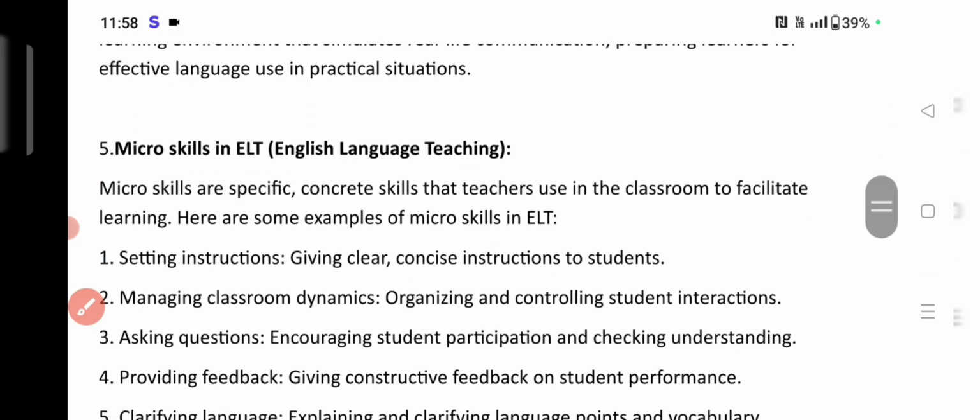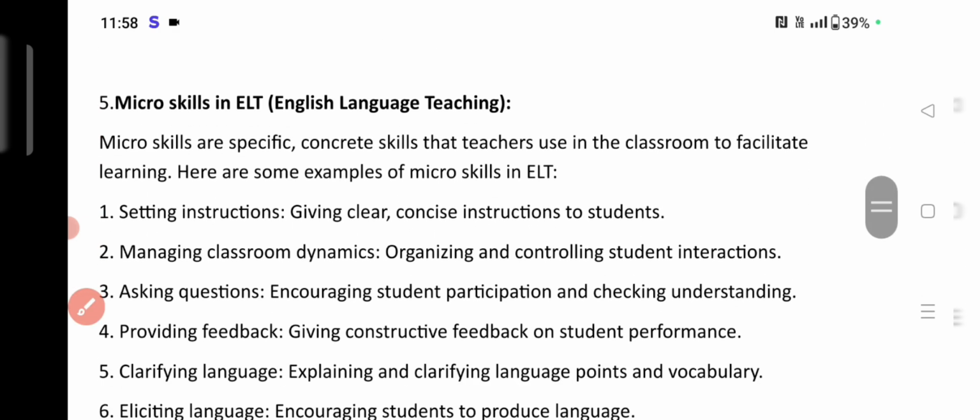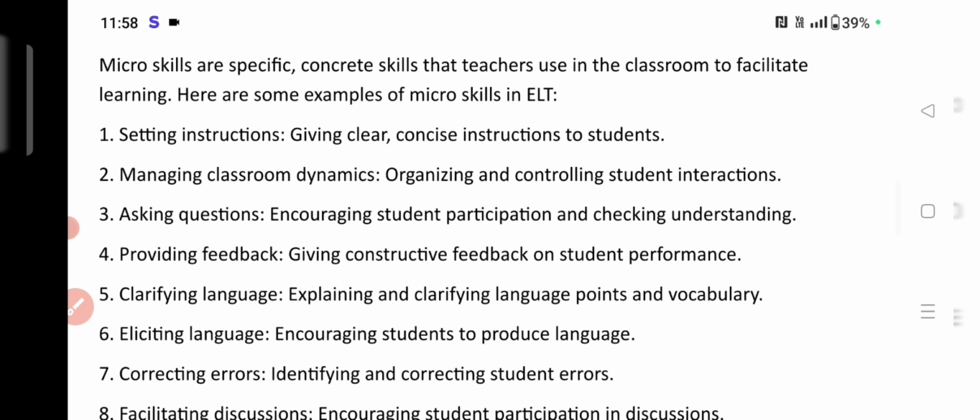So the next, fifth topic is micro skills in teaching, ELT. Micro skills are specific, concrete skills that teachers use in the classroom to facilitate learning. So some examples, like setting instructions. The teachers must give clear, concise instructions to the students, managing the classroom dynamics, like organizing and controlling the student interactions,